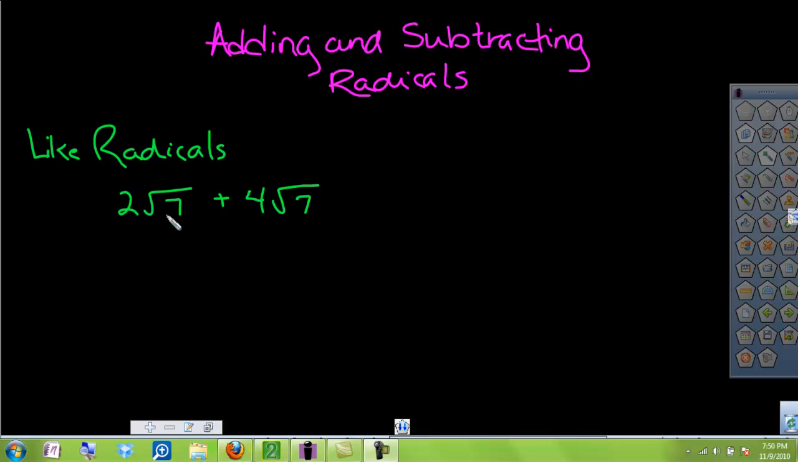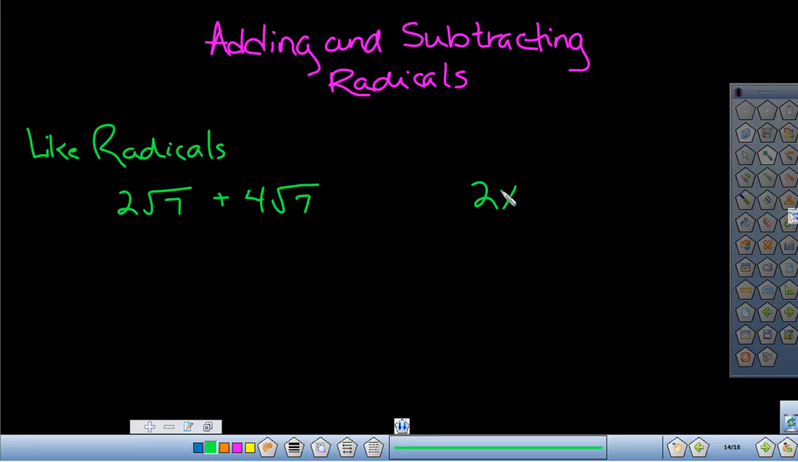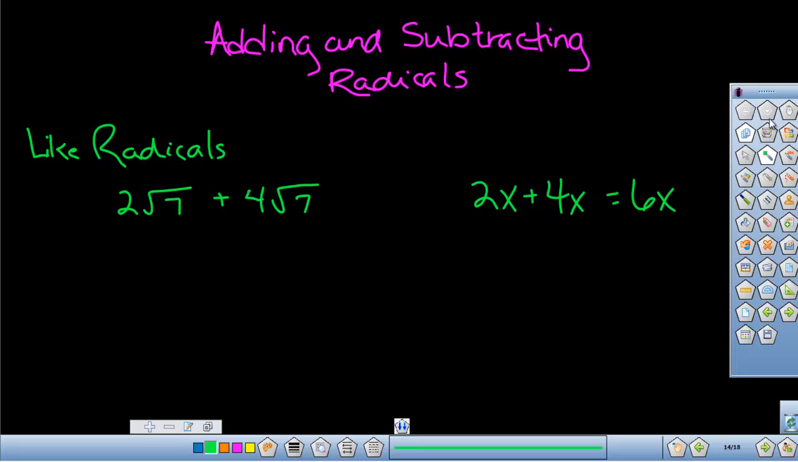We have 2 times the square root of 7 plus 4 times the square root of 7. These are considered like radicals because they are the same. It's kind of like if you had 2x plus 4x. These are like terms, and we know this is going to equal 6x. We can even take it a step further, and we can have just maybe